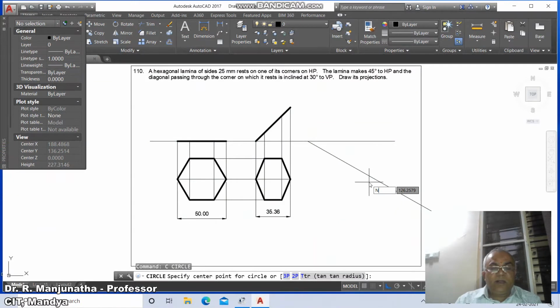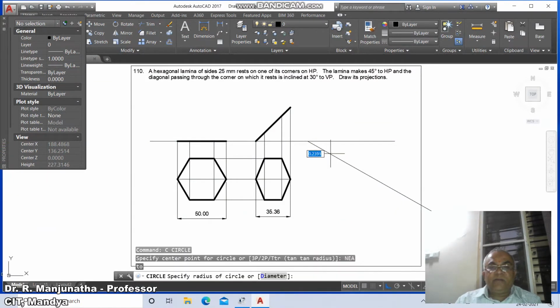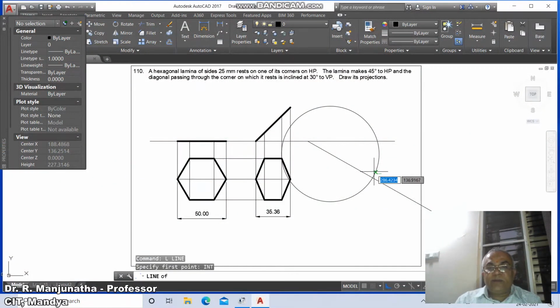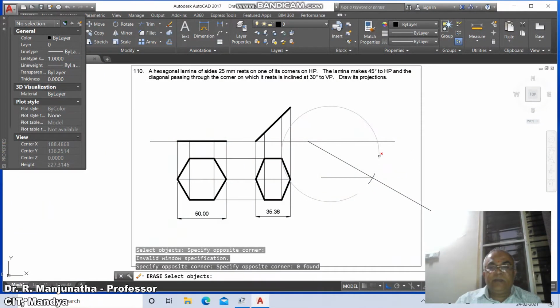Go to circle, take nearest point, and first we want to draw a circle of radius 50. Then go to line, draw a line from the intersection point of this, draw a horizontal line, then go to break this in anti-clockwise direction and say erase. Similarly,